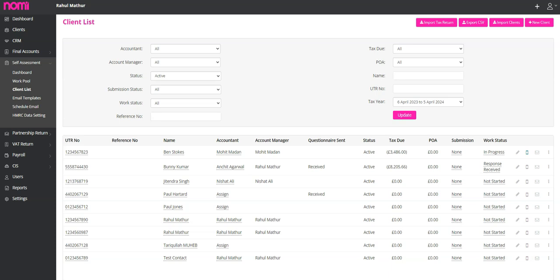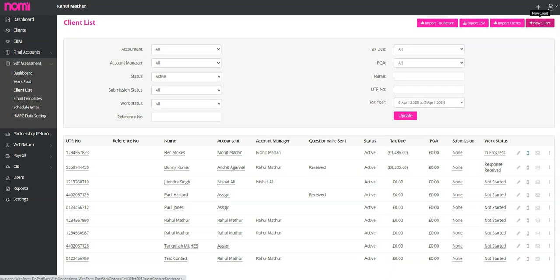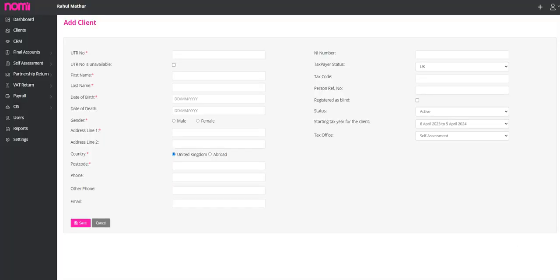Now we will click on new client, and as we click on new client, we are redirected to the screen where we'll have to enter the UTR number. Now let's say in any given case the UTR number is not available, so we can tick the checkbox: UTR number is unavailable. Then we can provide the first name, last name, date of birth, and the gender we can update,